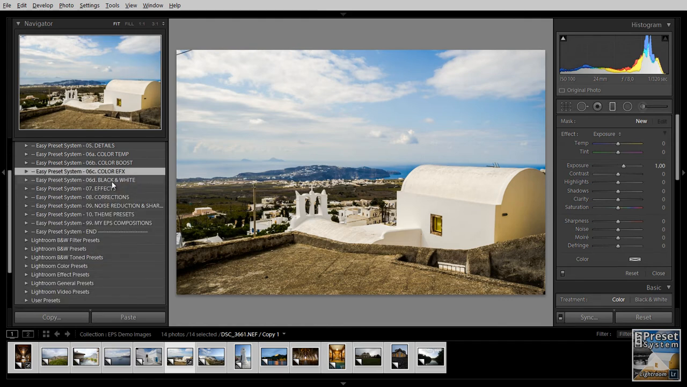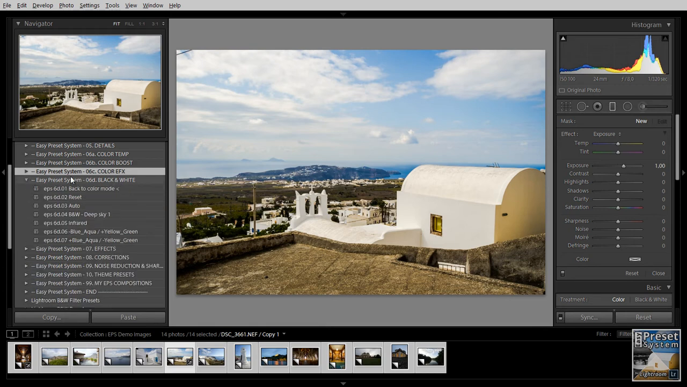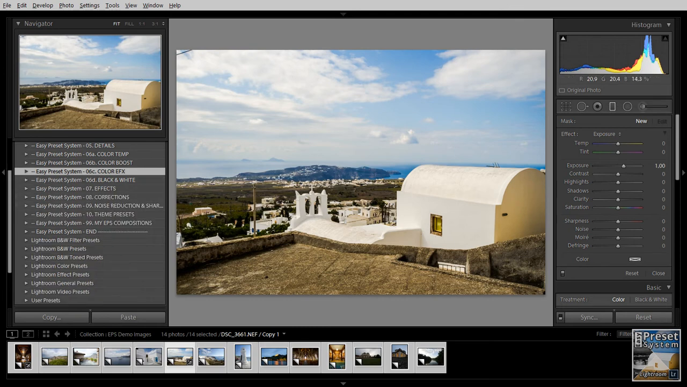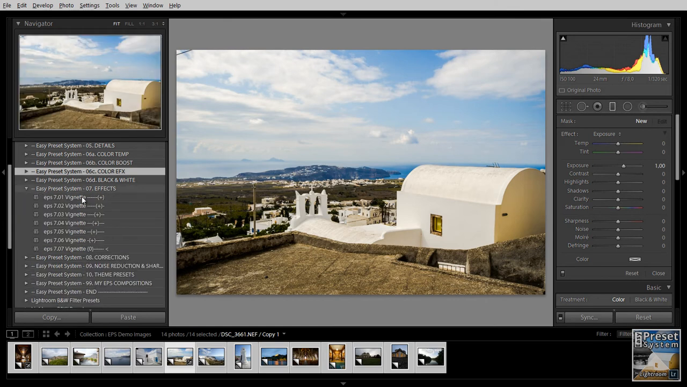The folder 6D is for black and white. It's nothing spectacular in here, just a few basic presets. Now black and white photography, or the editing, the post-processing of black and white images is quite specific. So I haven't added a whole lot of presets here right now. Maybe there will be more presets in this group later on. But I'm not going to turn this into a black and white image, so I'm just going to move on to the effects